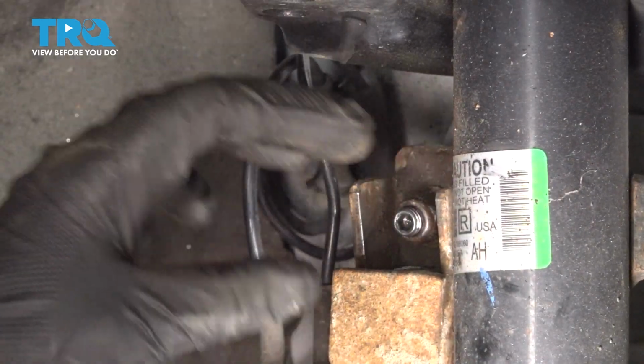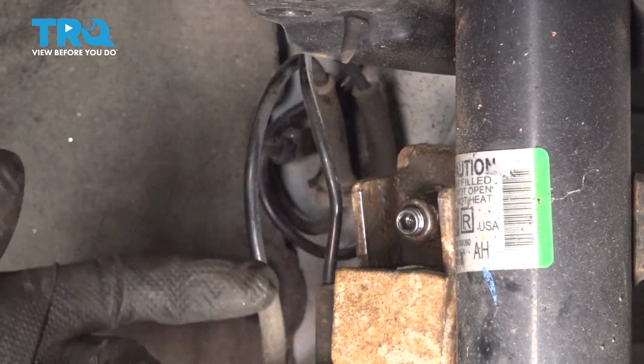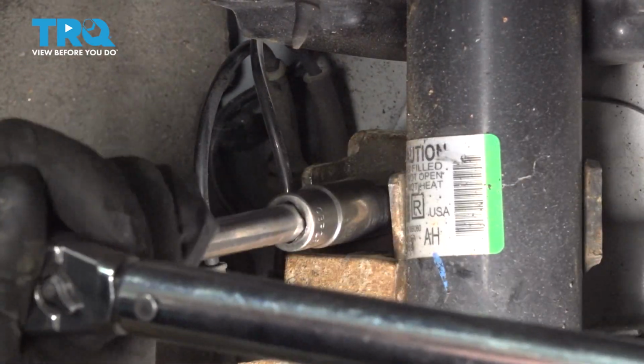First like that. If the nut does not tighten and the stud is spinning, you're going to have to tighten it the same way we took it off. And we can torque this nut to 46